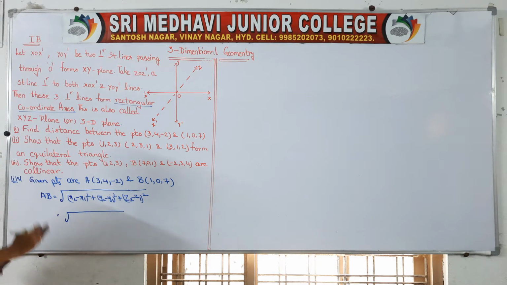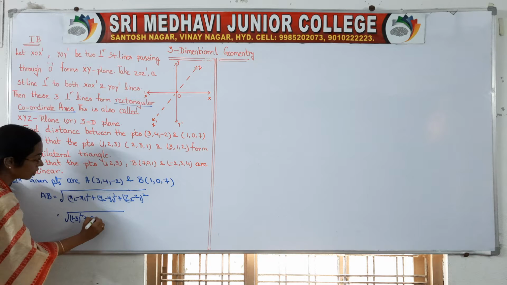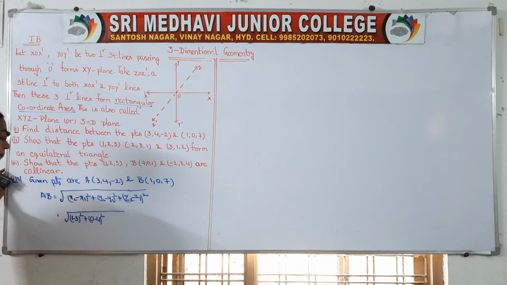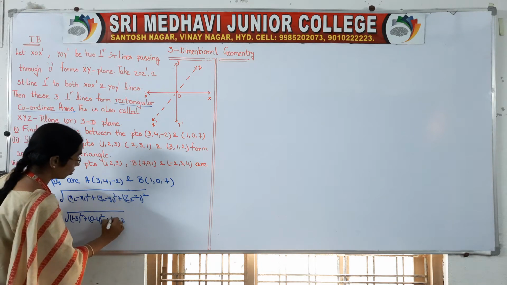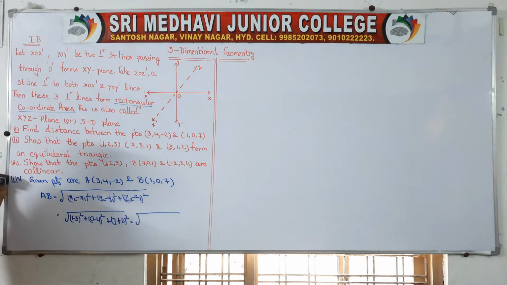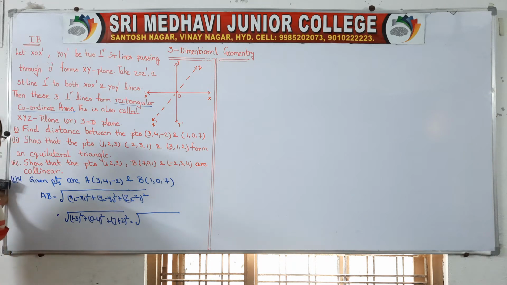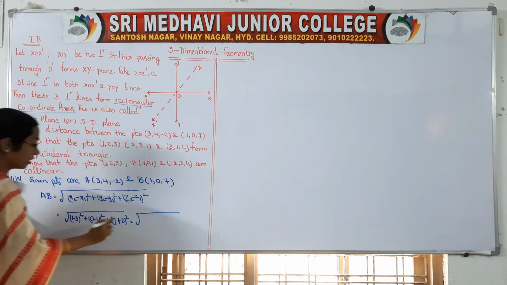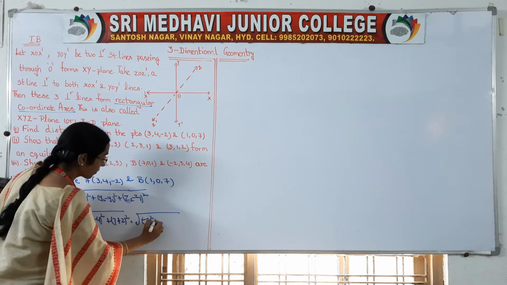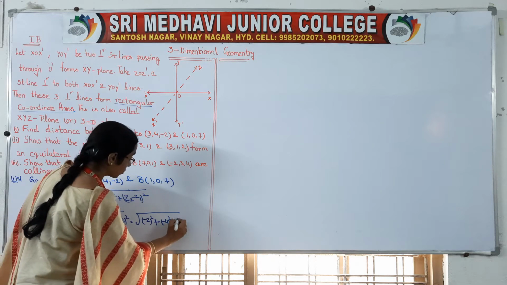Right, so x2 minus x1, that is 1 minus 3 whole square, plus 0 minus 4 whole square, plus 7 minus of minus 2, that is 7 plus 2 whole square. So this is the normal distance between 2 points formula. In 2D we take root of (x2 minus x1) whole square plus (y2 minus y1) whole square, but in 3D one more extra term, plus (z2 minus z1) whole square, will be there. So this is minus 2 square, and this is minus 4 square, next 9 square.